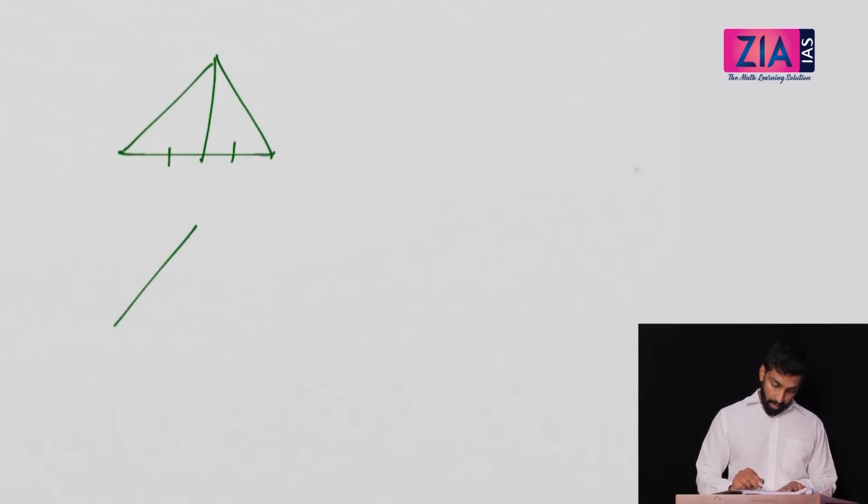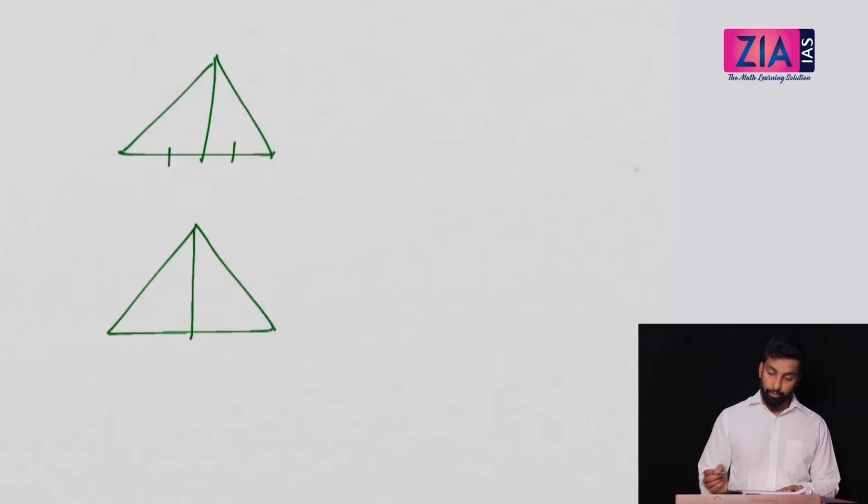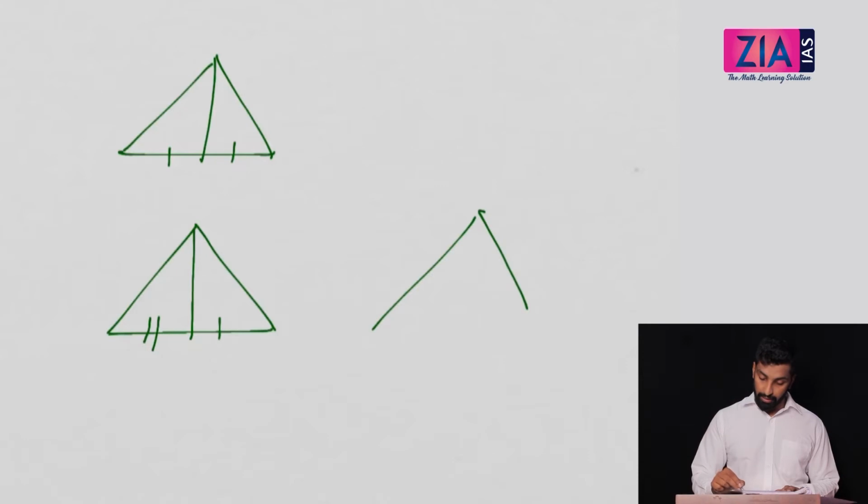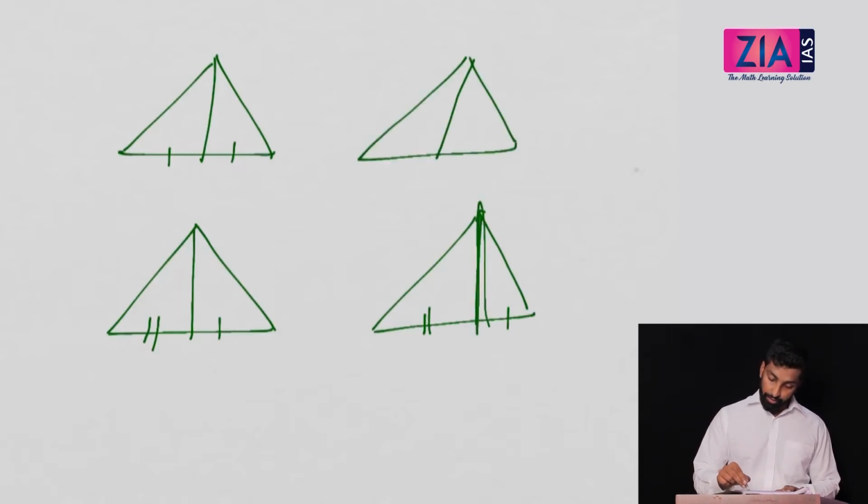Now what is the altitude? Altitude you drop from the vertex only, but you cannot say this and this is equal. Okay, the special case can be where it can be equal, but you cannot say it is equal. So this is also a possibility, right? This is also a possibility. You're dropping it from the vertex, so you cannot say this and this is equal, right? So this is what altitude. But what is median? If this is the case, it has to divide equally.